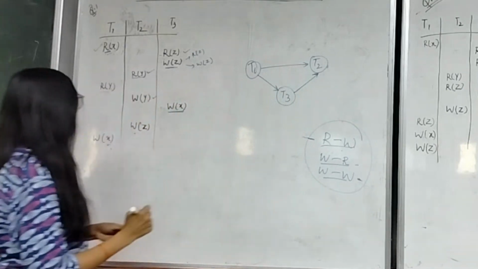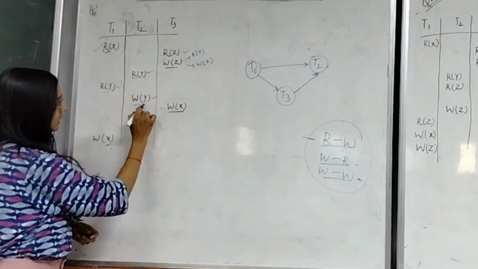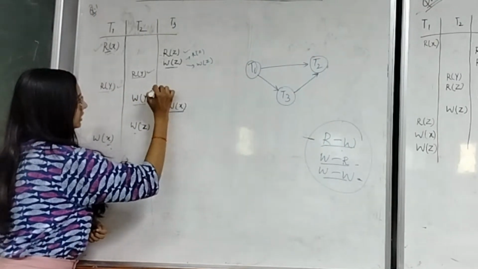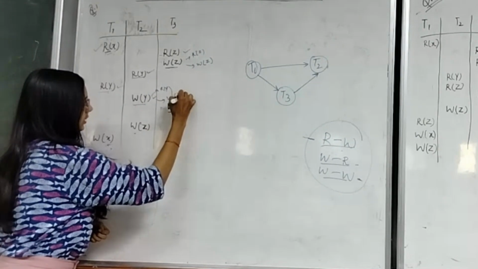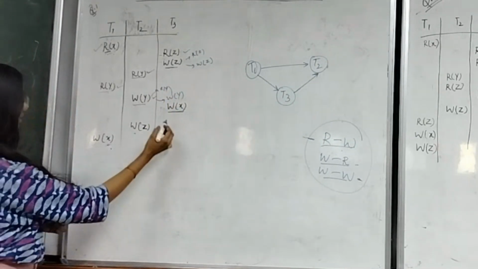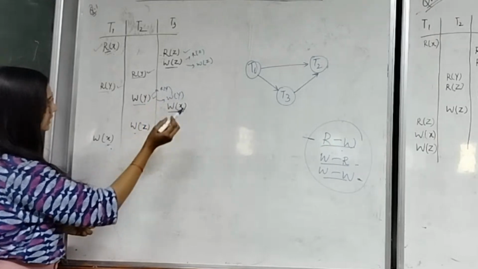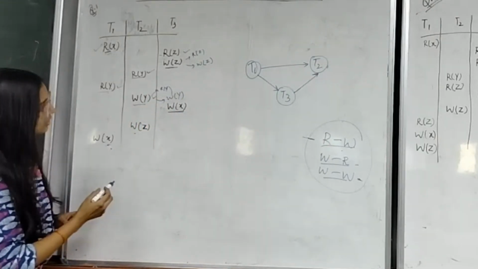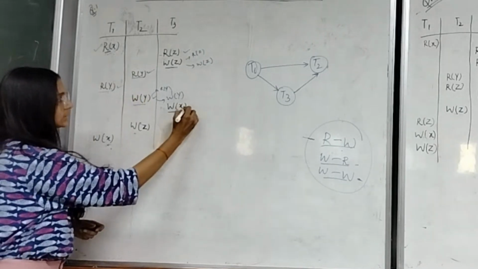Here we go. Now let's check for the write operation on y. We have to check for both read of y and write of y operations. We have neither write of y nor read of y, so this is not causing any conflict. We'll check for